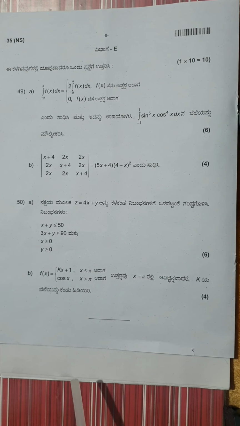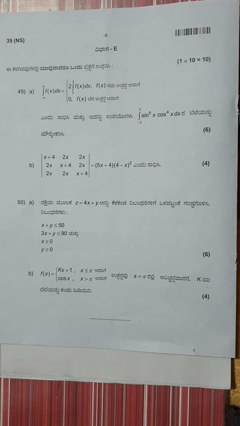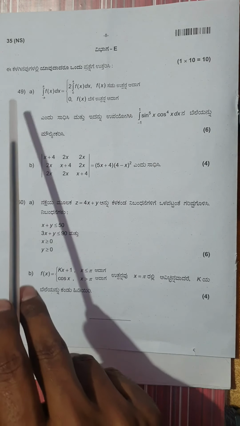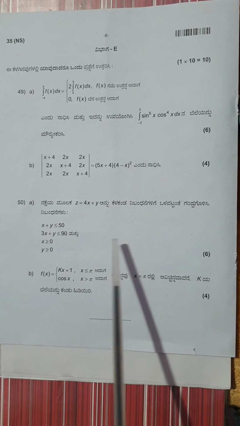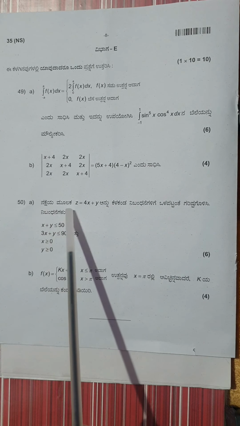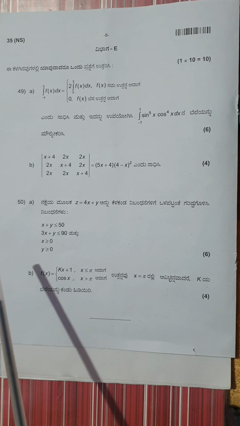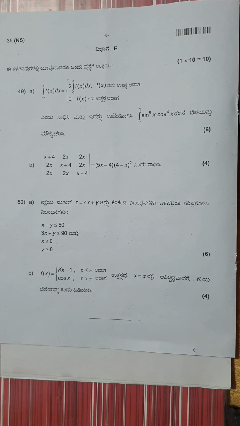Welcome you all to this new session on linear programming problem, that is LPP. Dear students, in this session, we are going to solve a 6-marker question which would be the graphical method of solving an LPP. This would be a question for 6 marks which would either be in 49A or 50A of your question paper. The question would read like this: solve the given linear equation graphically with the given constraints. Let us see how we are going to solve this and get the 6 marks easily.